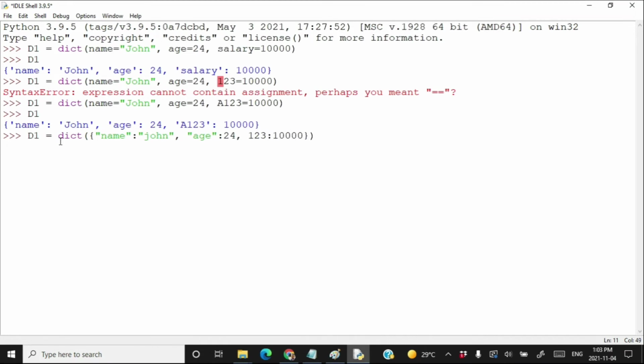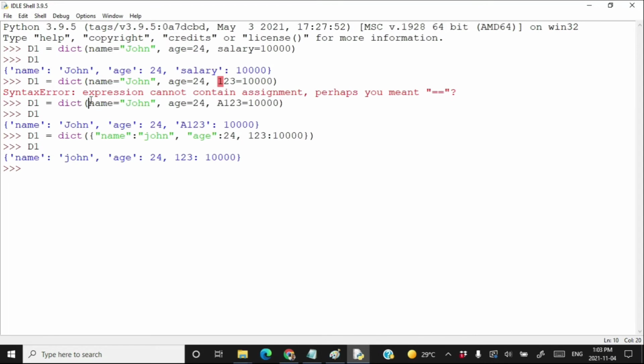Here 123 as a key is allowed because we are providing a full-fledged dictionary to the dict method. Press enter, type D1, and here we are.